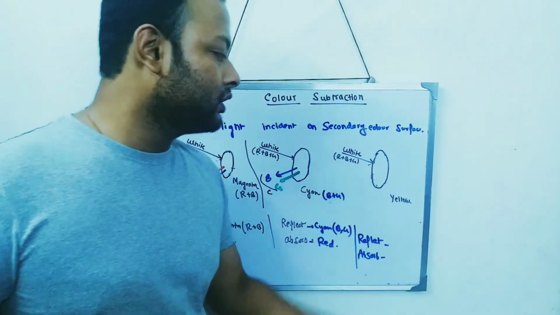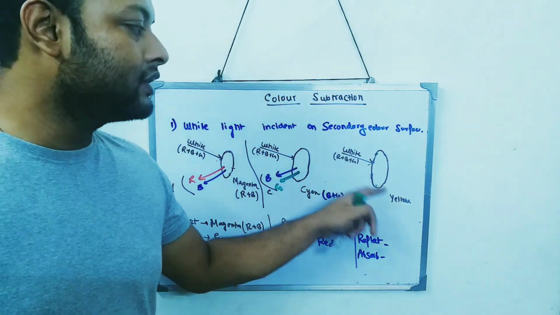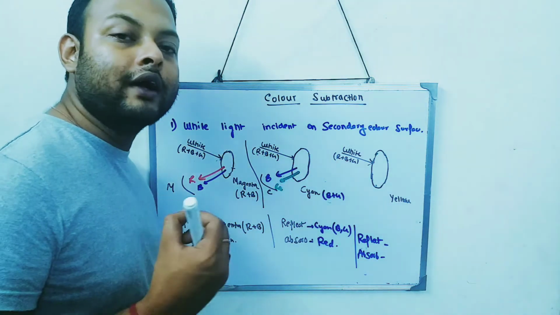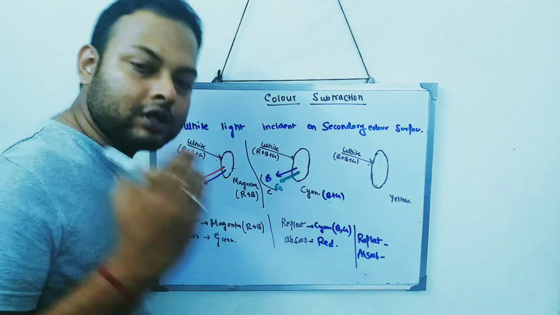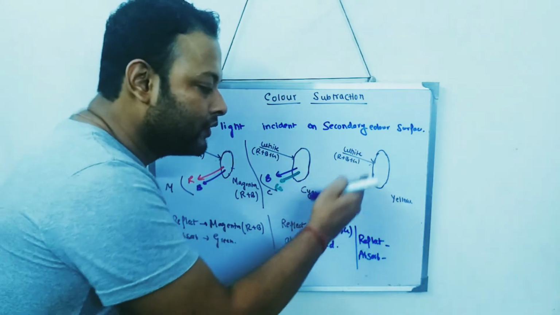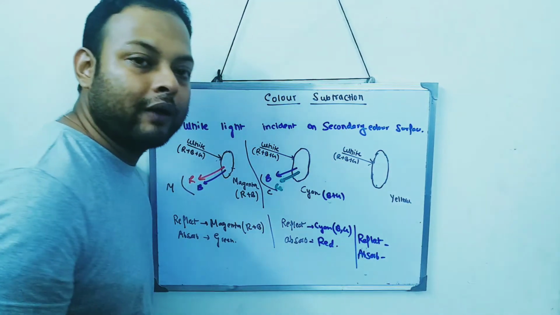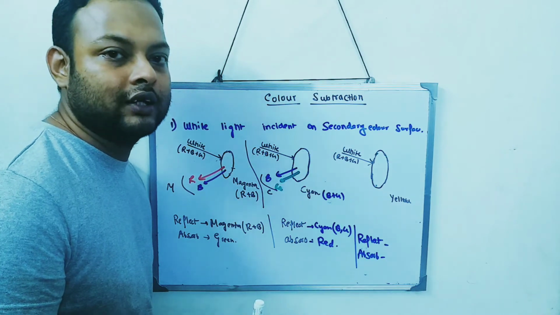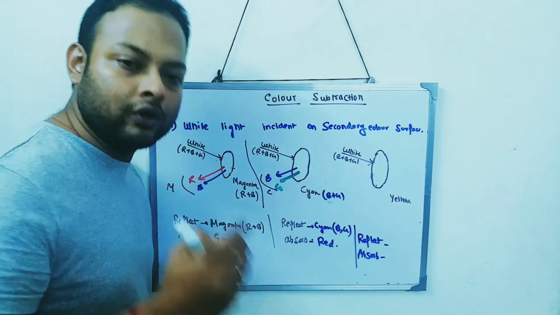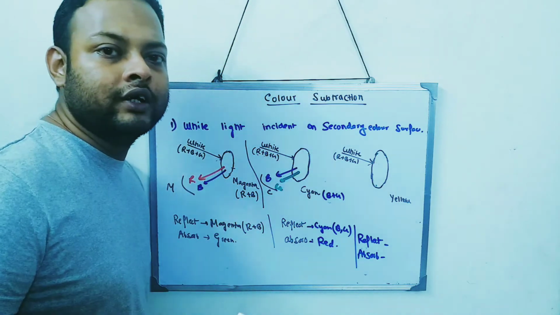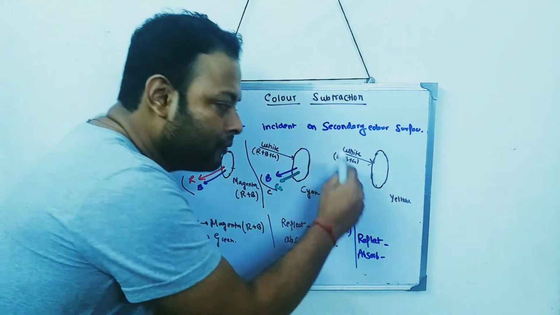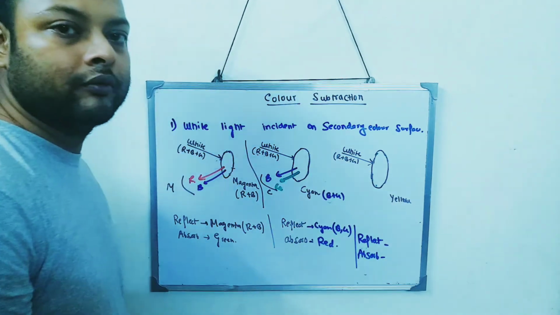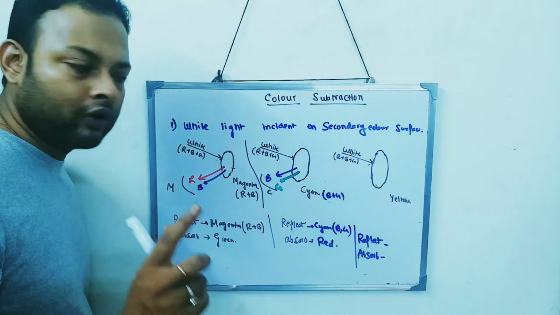See, in this situation, what is happening? White light is coming towards the yellow color. Try to do it yourself. That is how you practice. Pause the video right now and try to figure out what will be reflected and what will be absorbed. Then match it with my answer, to see whether you are getting the correct answer or not. That is how you practice. So I suggest you pause the video right now and complete this: what colors will get reflected and what colors will get absorbed. Have you paused it? Okay.